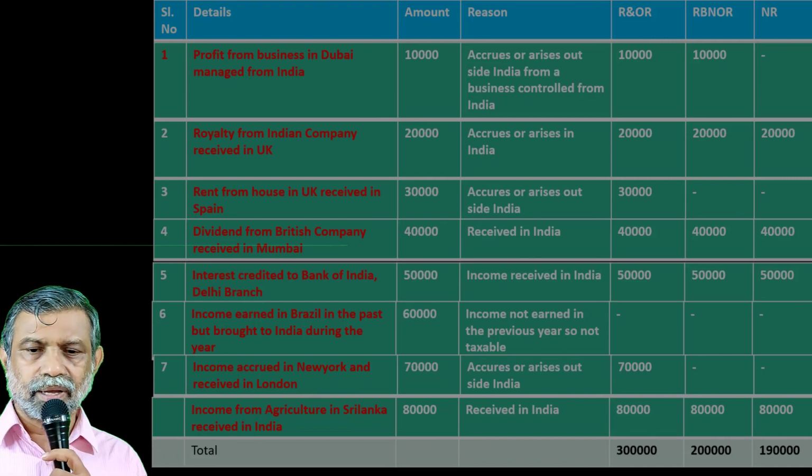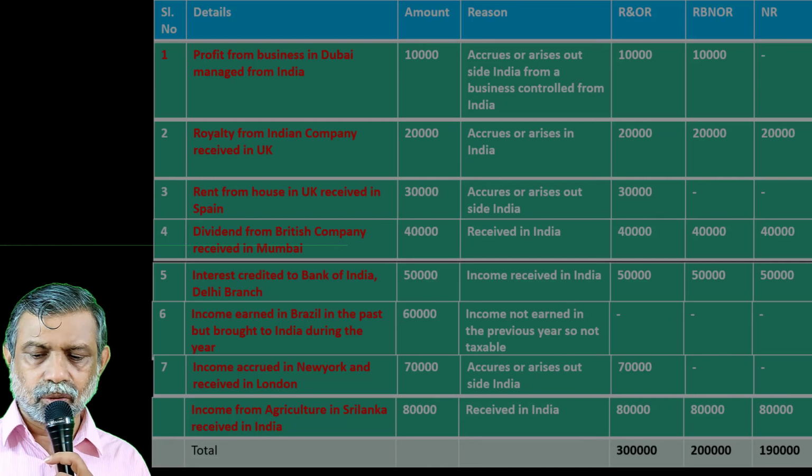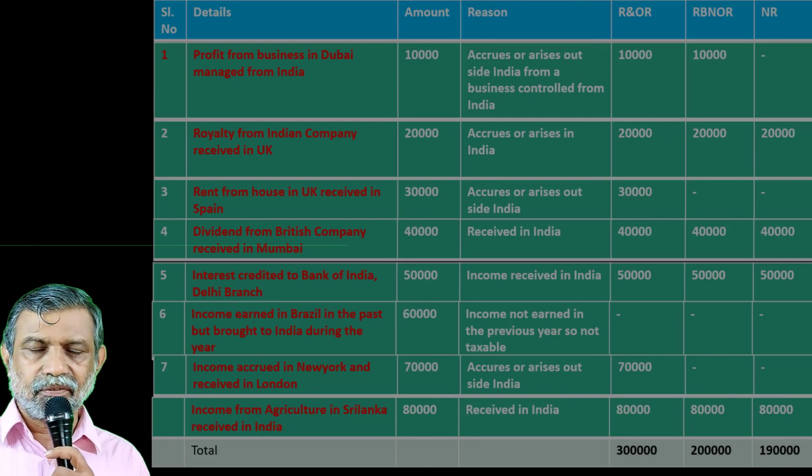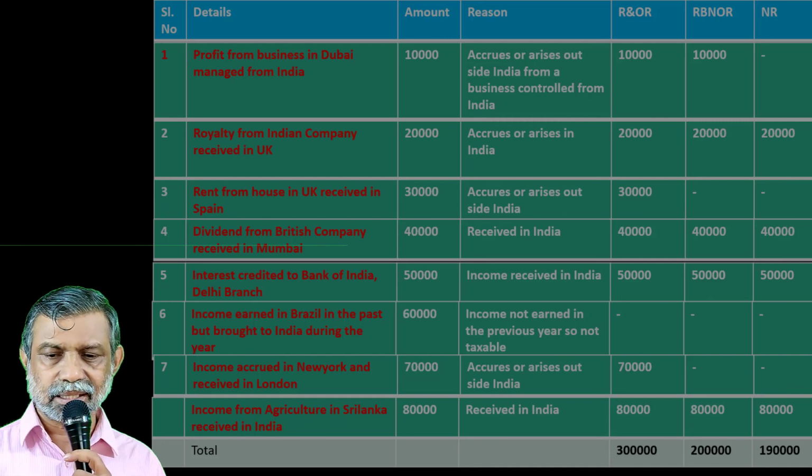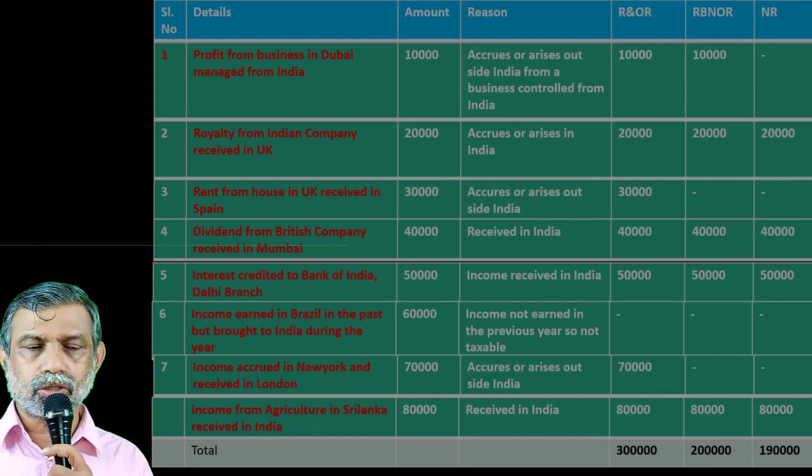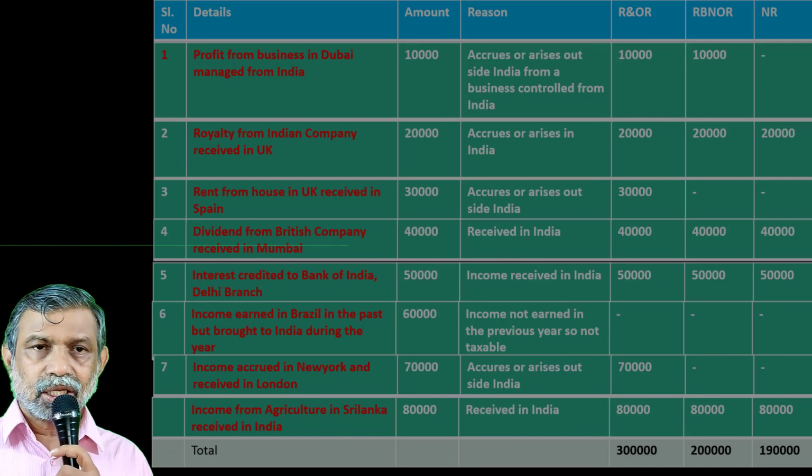Clear? Got it? So when we total, we get 3 lakh, 2 lakh and 1 lakh 90,000. If you are a resident and ordinary resident, your tax liability will be more. 3 lakhs will be your gross total income, and on that you need to pay tax. Resident but not ordinary resident, your income is 2 lakhs, less than resident and ordinary resident. So tax will be on that. If you are a non-resident, the least, only 1 lakh 90,000, your tax liability becomes less. Got the point? Got this problem clear? Hope you understood. Similar way we need to solve